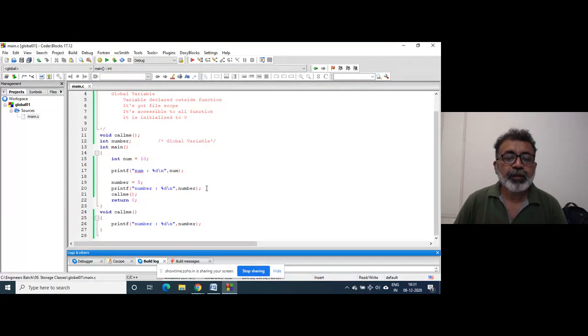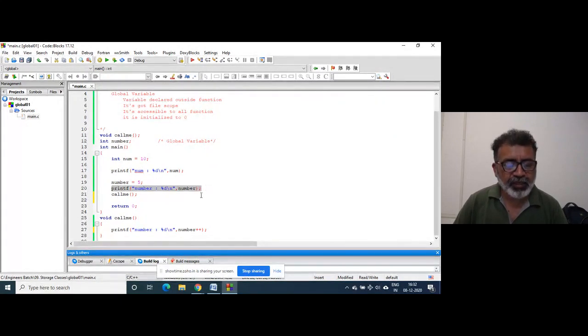Now suppose I write number plus plus, and after the callme function, I print number again. Since it is a global variable, as I told you repeatedly, this variable is accessible to the main function as well as the callme function.